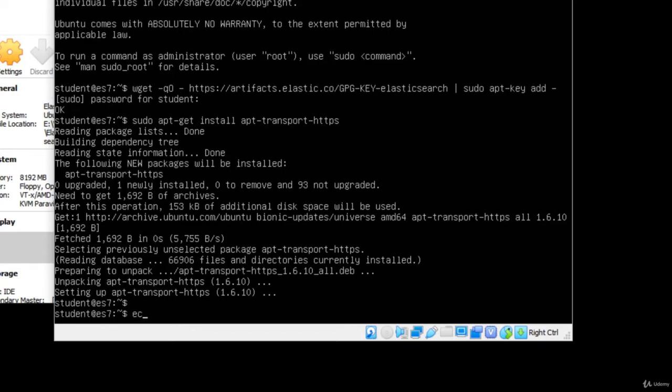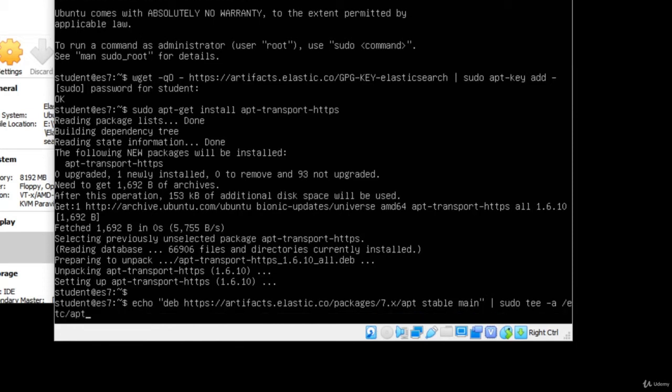Next, we'll say echo space quote deb https://artifacts.elastic.co/packages/7.x, because this is Elasticsearch 7, /apt stable main quote, and then another pipe to sudo tee -a /etc/apt/sources.list.d/elastic-7.x.list.